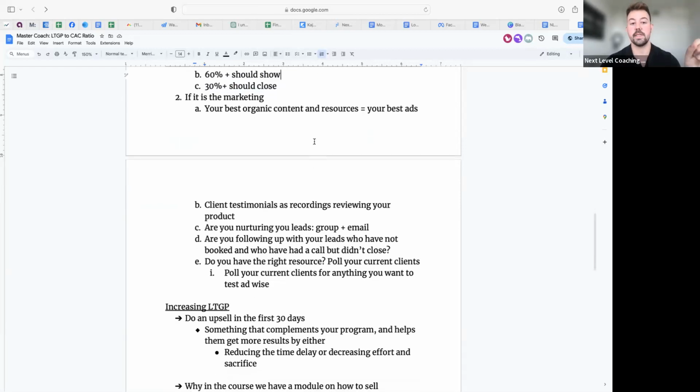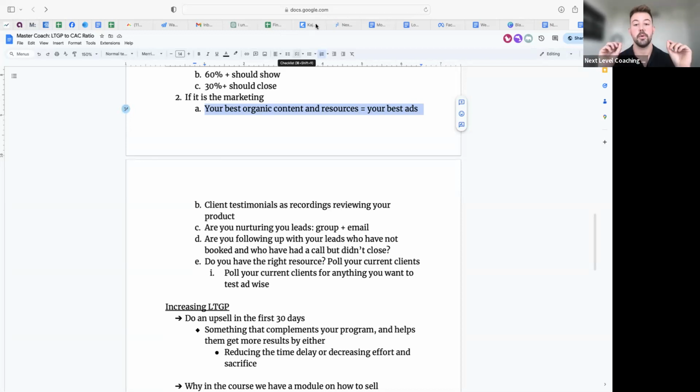All right, so really simple. And I'm going to try to make this the simplest possible formula for you guys to create better ads. But the best place to test your ads is with your organic content. And you don't even need a lot of followers to do that, right? You could do this with quite literally 1,000 followers or less. Because everything is relative. Even if you have 1,000 followers, maybe 20 likes is a ton of likes for you because you typically get 5 likes, right? But your best organic content and your best organic resources are always going to be your best ads.